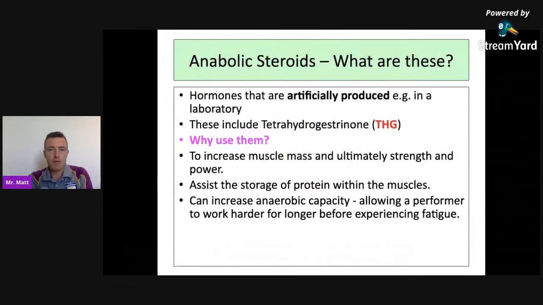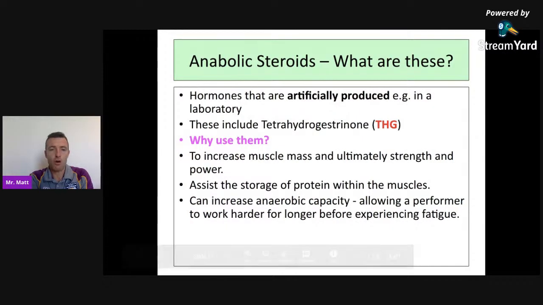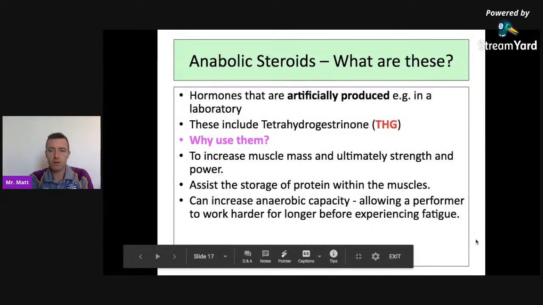They can also increase anaerobic capacity. What does that allow you to do? Well, it allows you to perform and work harder for longer before experiencing fatigue. So you think about if you're training harder and you're training longer, then you're going to get better long-term effects